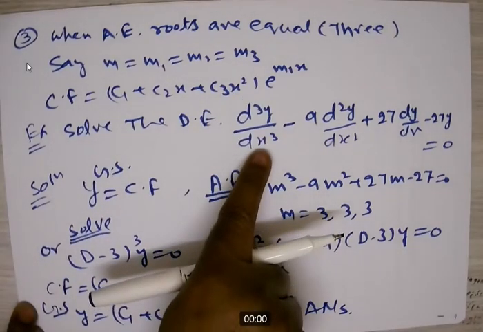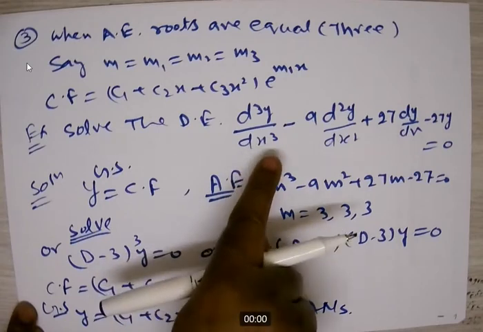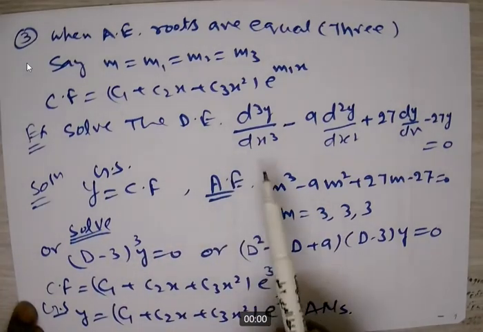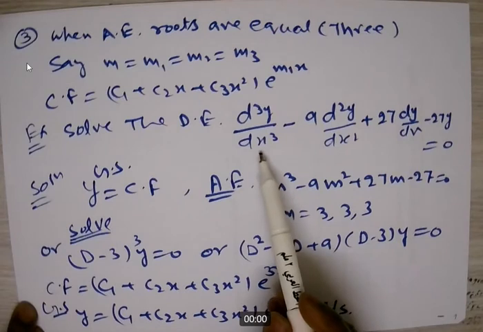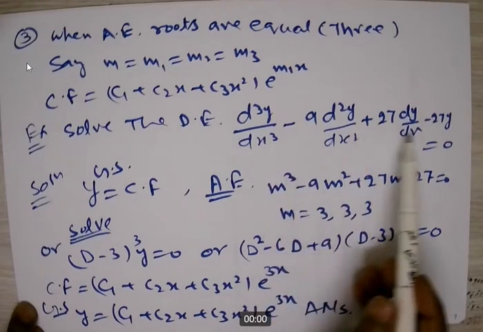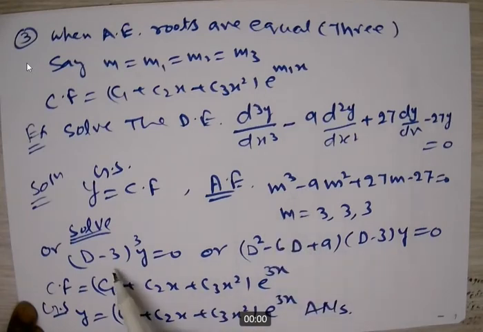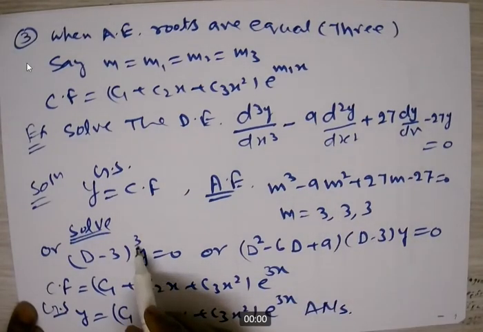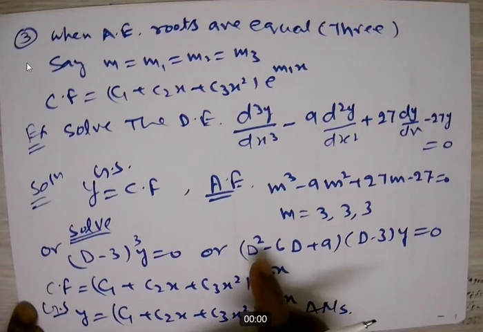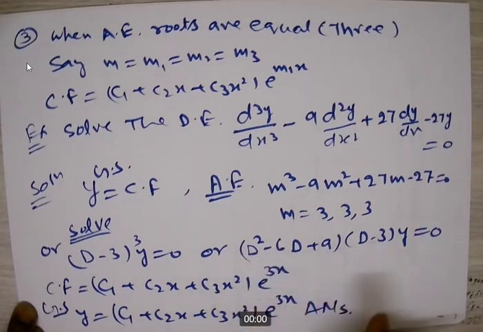I am giving you this example, so please remember that one. Maybe in the examination the teachers ask like that. So you have to try to write the auxiliary equation like that. Or if it is given like that, then no need to do anything. Just (D minus 3) power 3 means D is equal to, or m is equal to, 3, 3, 3, because the power is 3 here, the degree is 3 here. Or if it is like that one, then also the same result. So the general solution of the differential equation is like that.